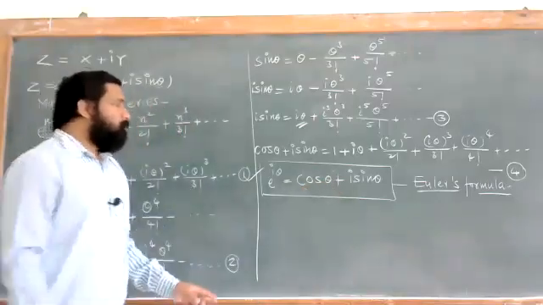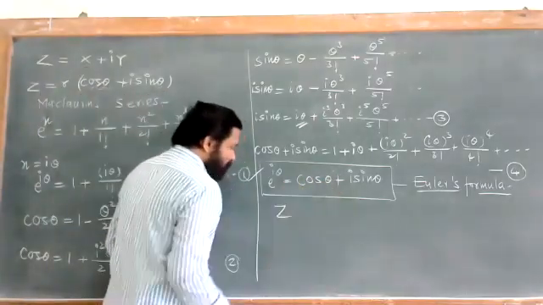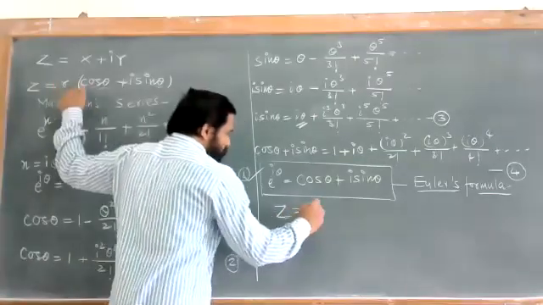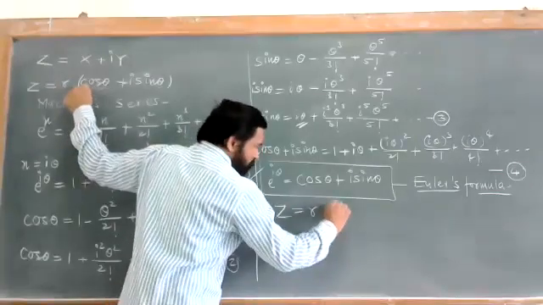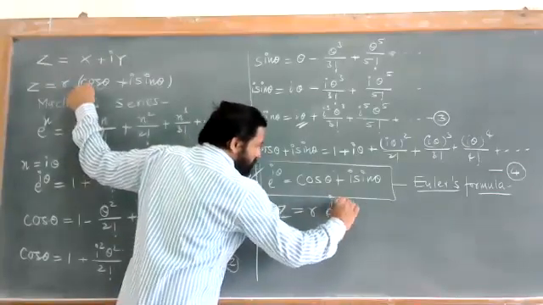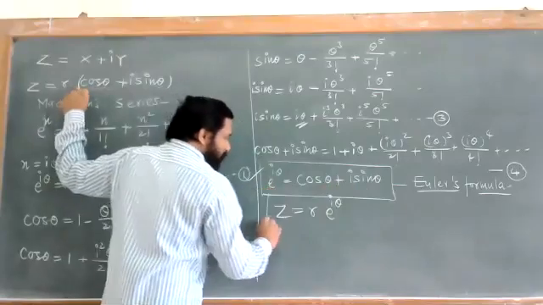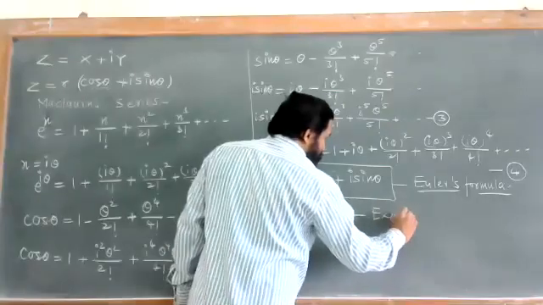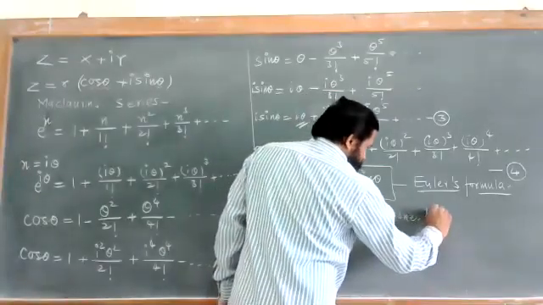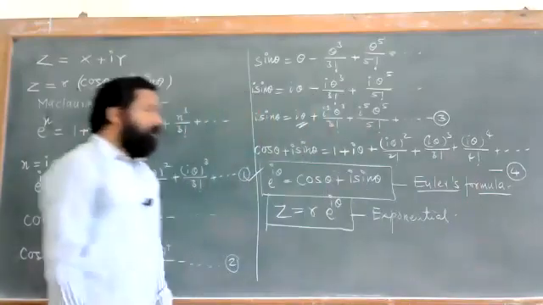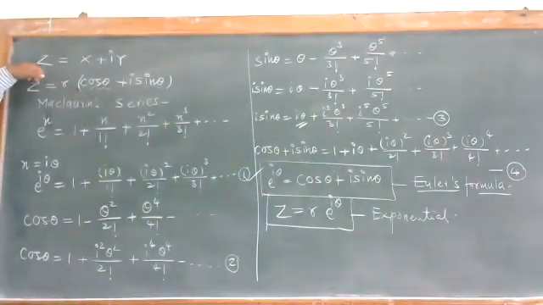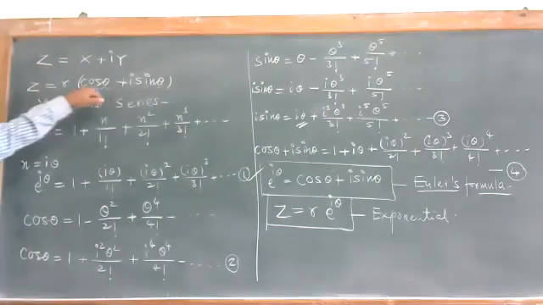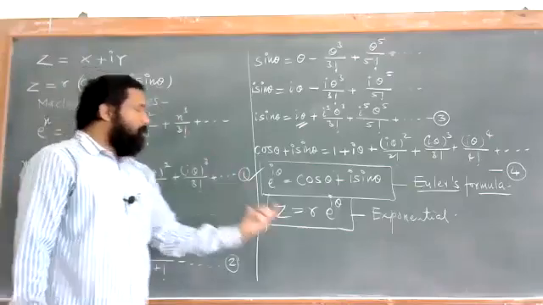म्हणजे जर तुमचा एक्सपोनेन्शियल फॉर्म लिहायचा असेल तर तो एक्सपोनेन्शियल फॉर्म तुम्ही अशा पद्धतीने लिहू शकता. Z is equal to, check it out, r as it is into cos of theta plus i sin theta, that is equal to r e raised to i theta, and so this is known as the exponential form. This is your rectangular form, Z is equal to x plus i y. Z is equal to r cos of theta plus i sin theta is a polar form, and this is your exponential form.